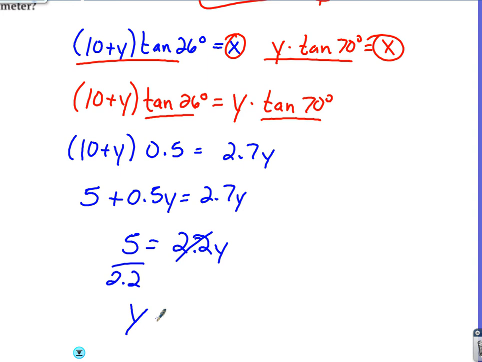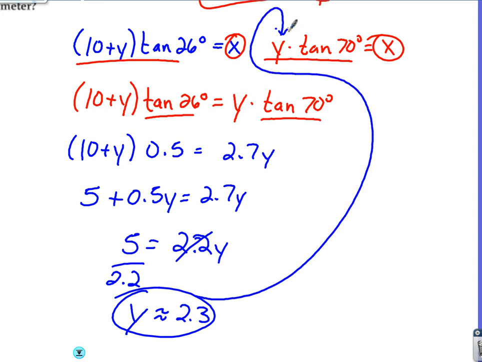So y is about 2.3. That's fine, 5 divided by 2.2. Okay, 2.3. Y is about 2.3. But again, y was our distance from the first part to the tree. X was the height of the tree. So to actually find x, x is equal to y times tangent of 70. So type in 2.3 times the tangent of 70, and that gives us that x is about